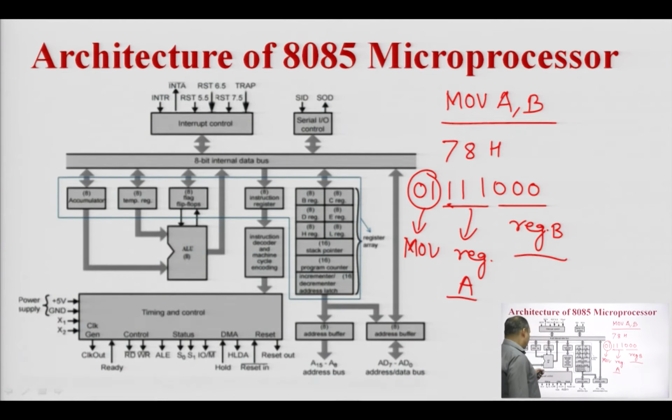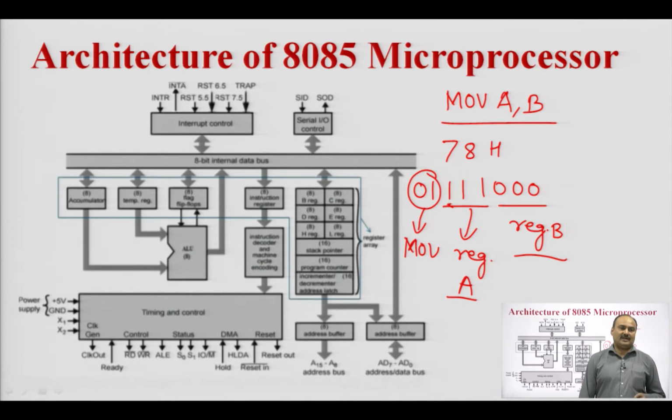Now, the next unit is the timing and control unit. The timing and control unit is used to provide the necessary timing and control signals to perform the operation by the main units, which are the internal parts of this 8085 microprocessor. So, the timing and control signals are the clock signals generated by the microprocessor, that is, the clock out signal for the peripheral device. The clock input signal is used for the operation of the 8085 microprocessor. The microprocessor uses a 3 megahertz clock input frequency for its operation.